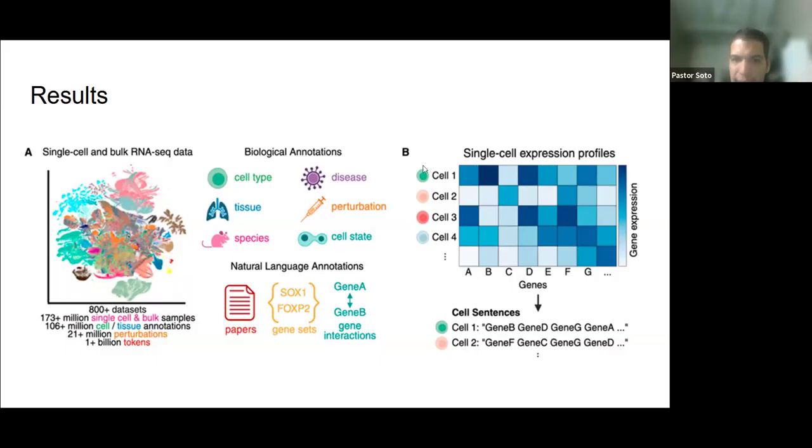So for instance, cell one has these genes, and these genes have the highest expression in that specific cell, and they go in a certain order. So this allowed to have the fingerprint of the cell, but also allows to preserve the biological meaning of the gene expressions. So that's one of the clever ways that they use to actually preserve the information,